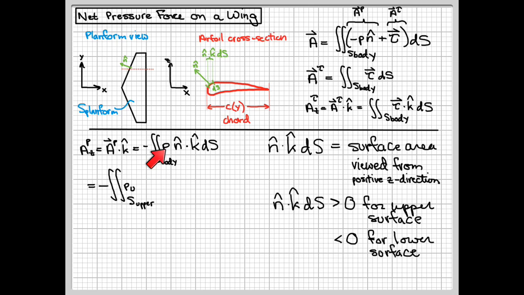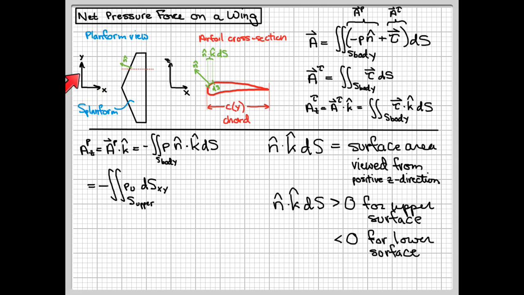So S body will be an integral over the upper surface and then an integral over the lower surface, which I just add together. So from the upper surface, I can call the pressure P, I'm going to label that with a subscript U to denote that's the pressure on the upper surface. And I'm going to replace n hat dot k hat ds with what I'm going to call ds of xy, which is the surface area viewed from the z direction,